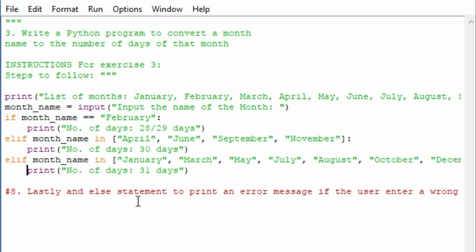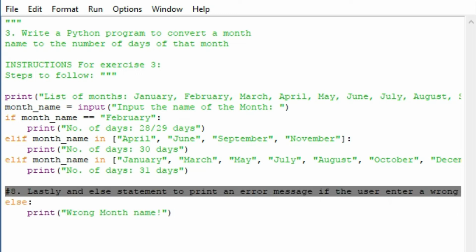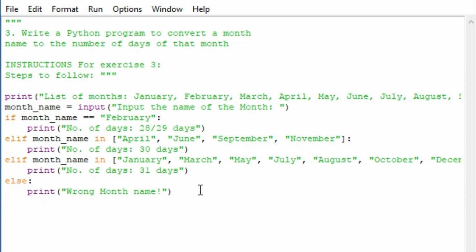Lastly, we have to print an else statement to print an error message if the user enters a wrong month name. So we simply have print wrong month name in an else. So I can wipe this off, and then we have our code. So if I save this and run, we have